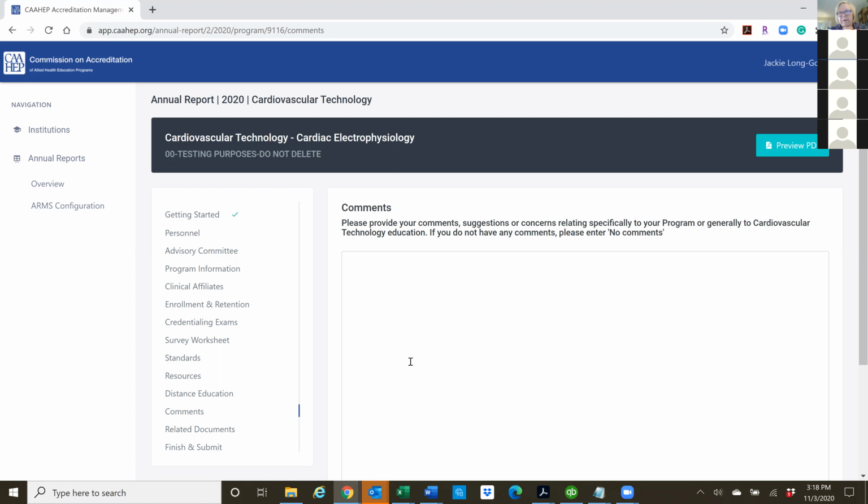So, don't get frustrated if you get in there. Just say, okay, I'm going to send an email and ask about this. A lot of times it's really helpful if you can send a screenshot, because then I can see exactly what you're talking about. Sometimes I can go in and fix it. I do have some configuration authority, but if it's something I can't do, I have to ask the IT folks on the back end of the program.